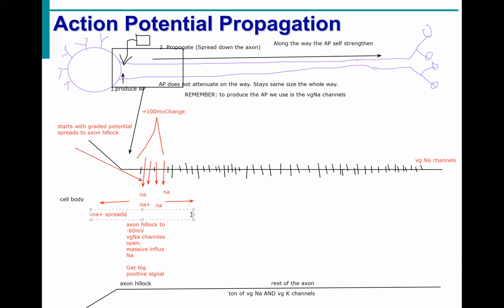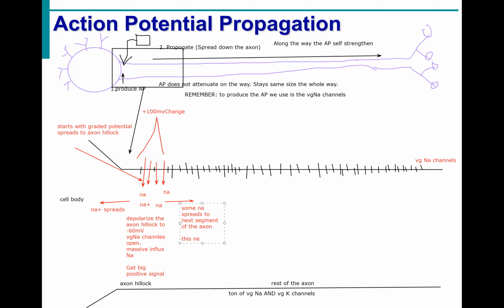Some of the sodium is going to spread back to the cell body and to the dendrites, and quite frankly, doesn't do anything there. But some of the sodium spreads to the next segment of the axon. And when it spreads to the next segment of the axon, right here in this segment of the axon,